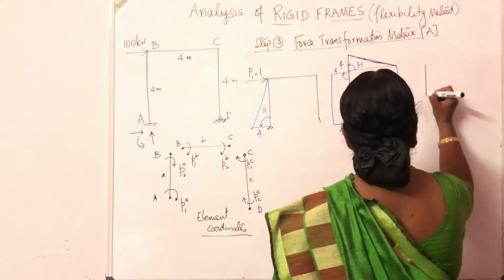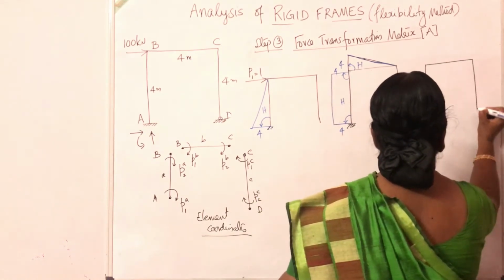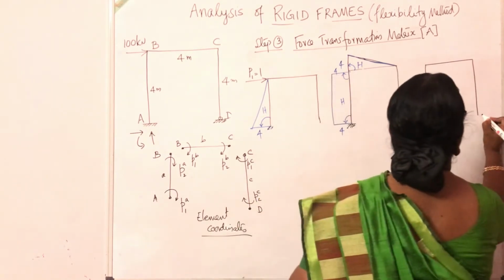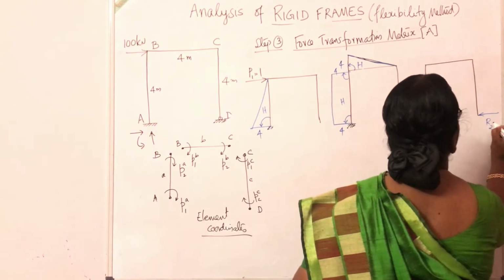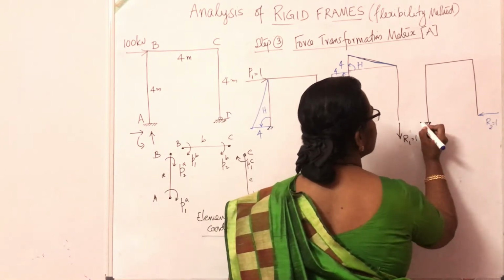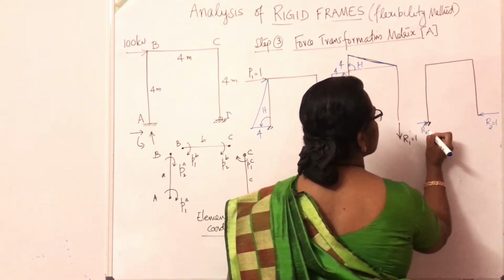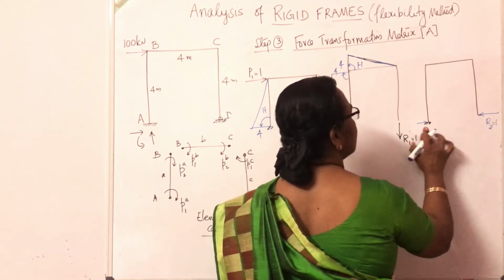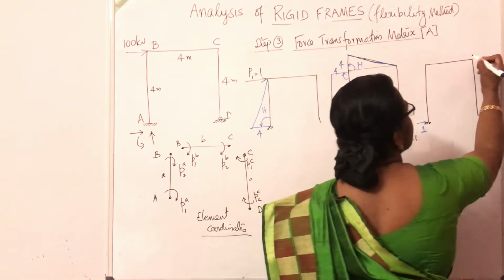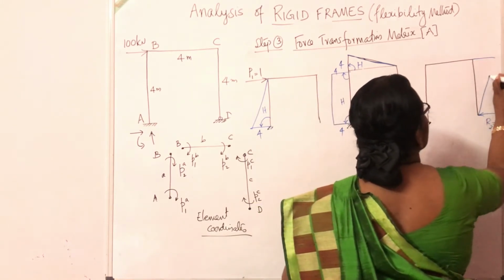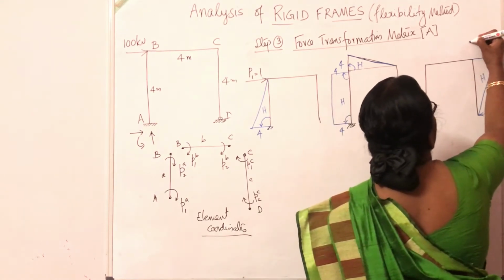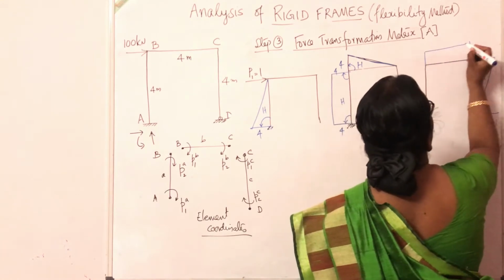So for the frame, fix it here. R2 direction we have assumed is this one. This was the direction for R2 which we have assumed. So if R2 is equal to 1, we have a load in this direction, there will be a support reaction here opposite to that. That will be 1. Now with reference to this into this distance 4 meter, there is 4, a hogging moment. If this is hogging, they are going to balance this. Here also there will be a hogging moment.